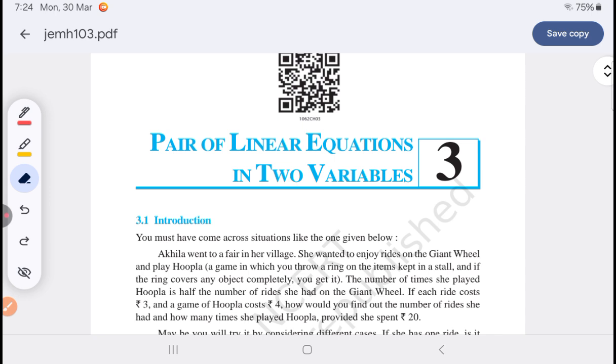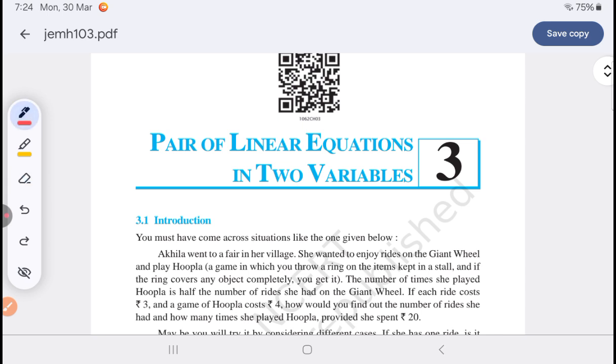Today we are going to explain an important and interesting topic of class 10 mathematics: pair of linear equations in two variables. So let us begin by understanding what a linear equation in two variables is. A linear equation in two variables is written in the form